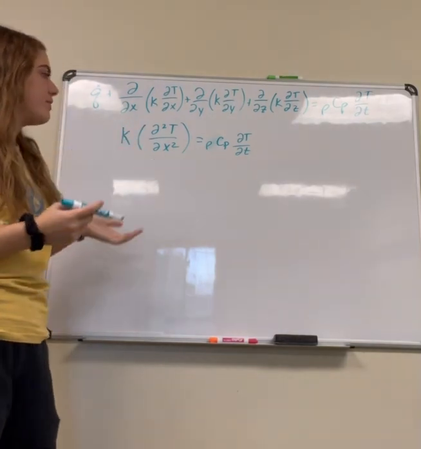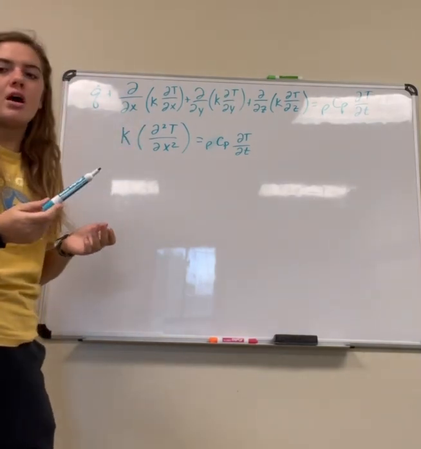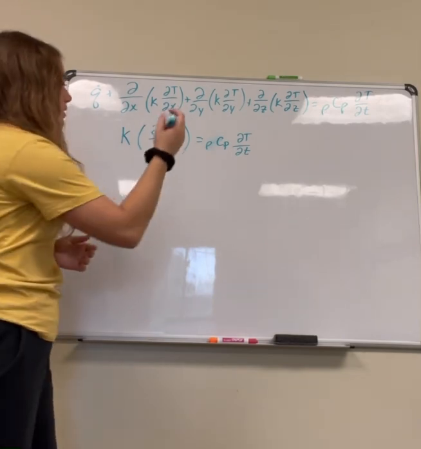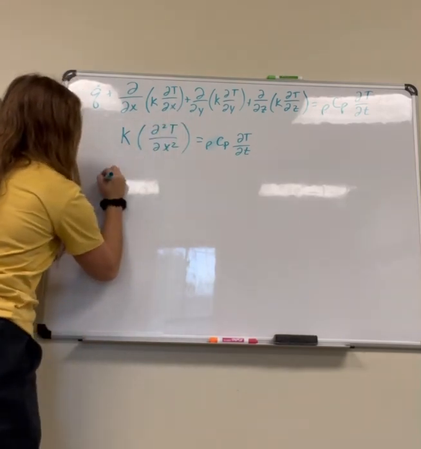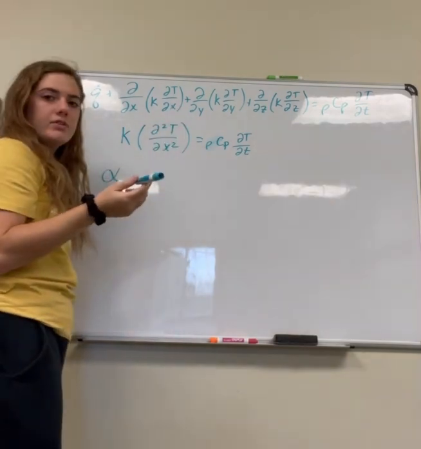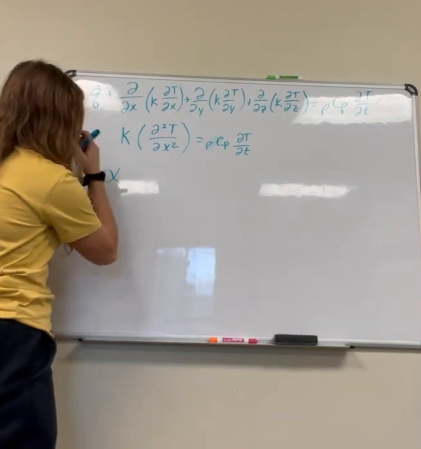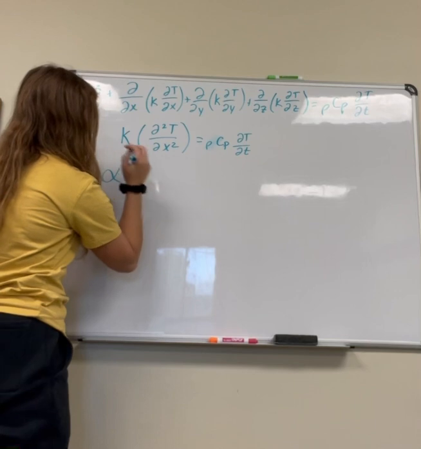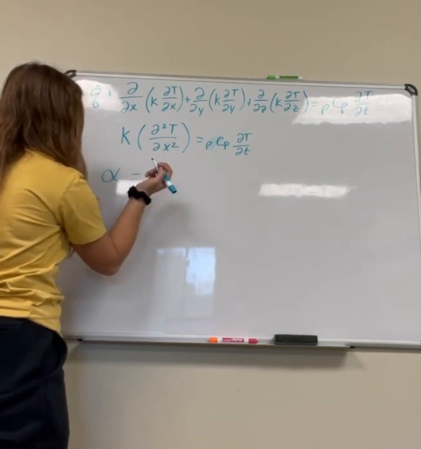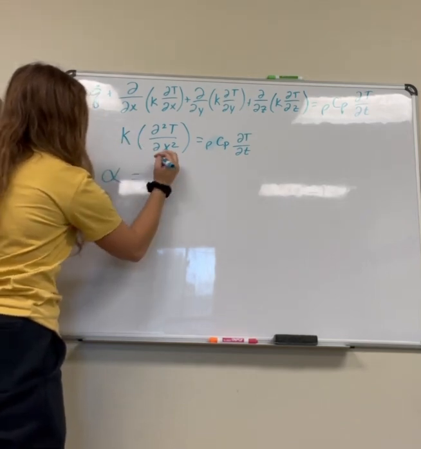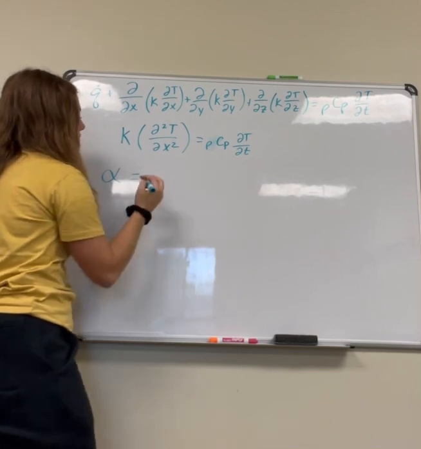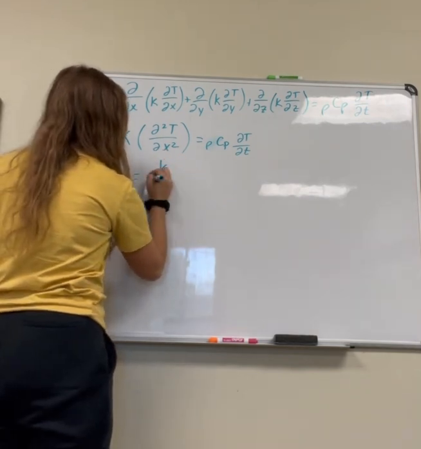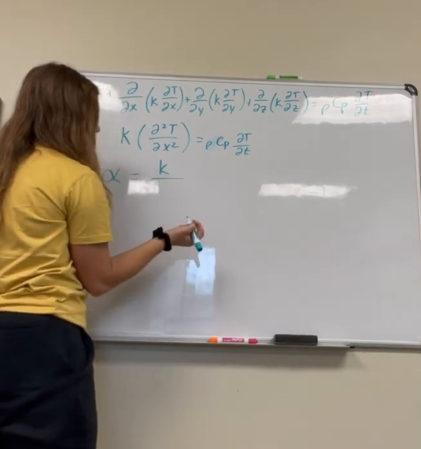And so now that we have the simplest form, we can look at this right here, alpha, which is heat diffusivity, and this is equal to heat conductivity over